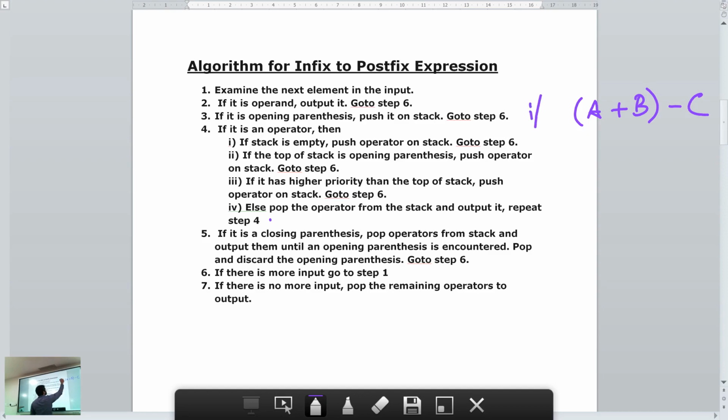Suppose this is your input: A plus B minus C. So A plus B has been placed inside parenthesis. Okay, it is single parenthesis.